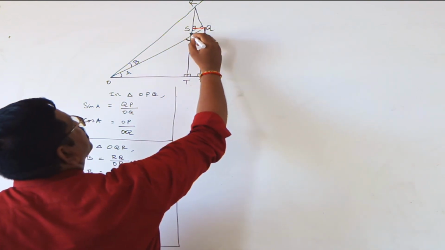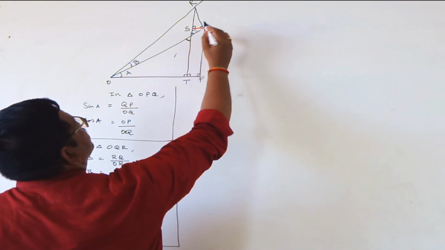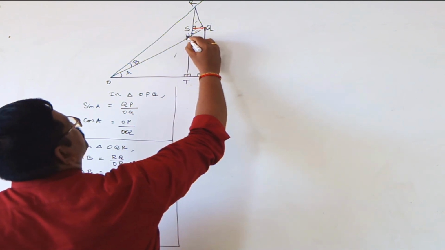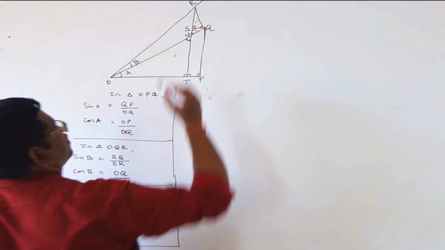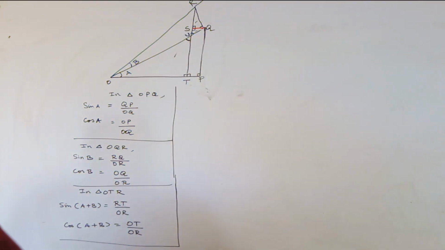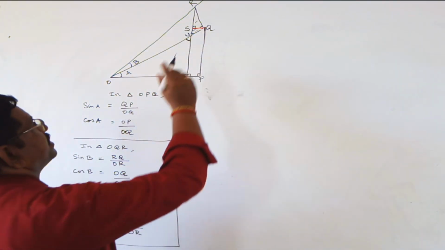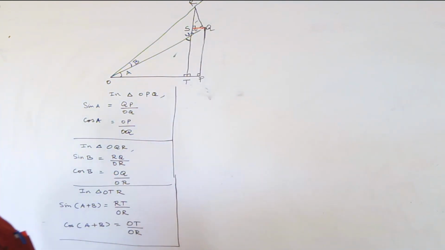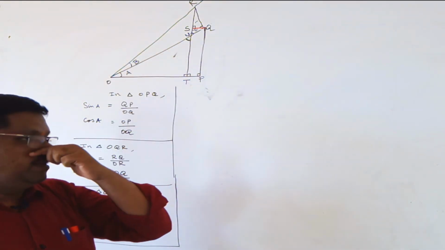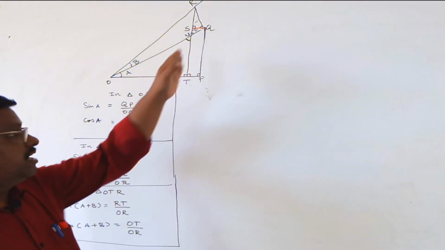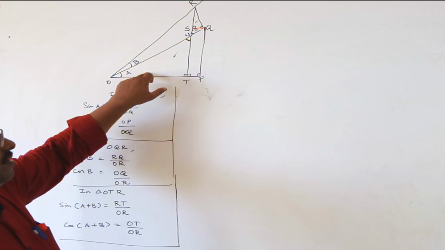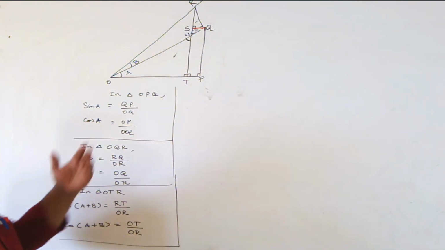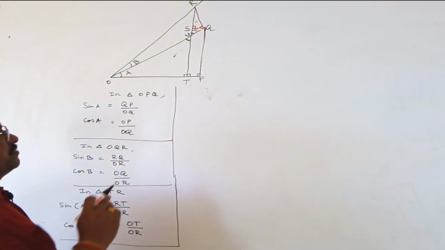Now, these three triangles, this triangle, this triangle and this triangle, we can give a name, say this is U. Okay, for our reference we can give any name. So now, look at the diagram. These three different triangles are similar triangles. As these three are similar triangles, already we discussed this triangle. Now let us take these two triangles. Their trigonometric ratios also we can find.